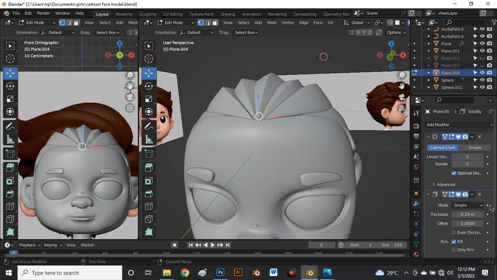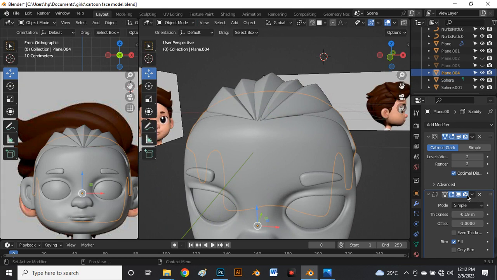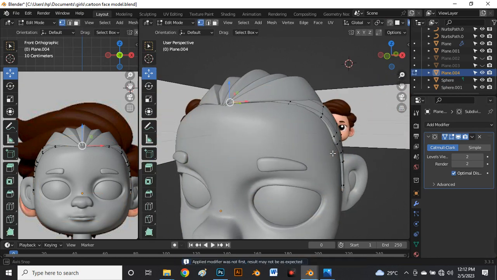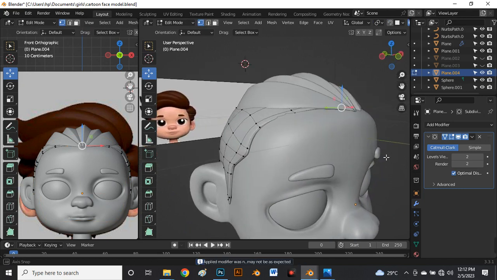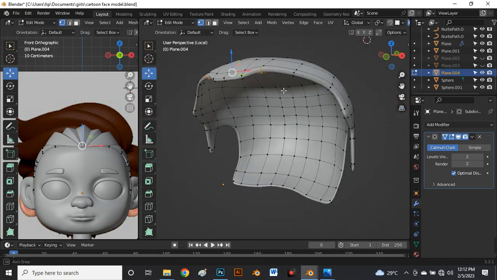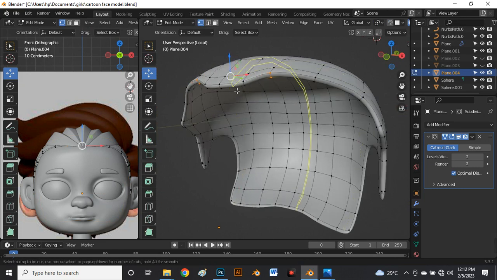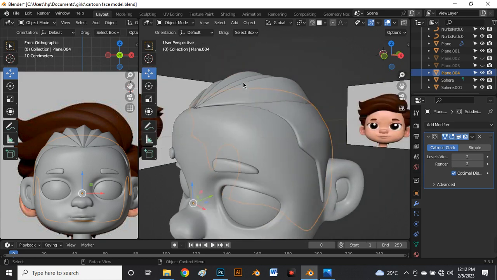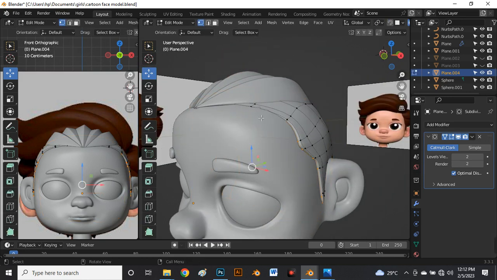It's okay now, and we can now say apply. You can say slash and say control arrow, add one loop cut there to tie that, and say tab or